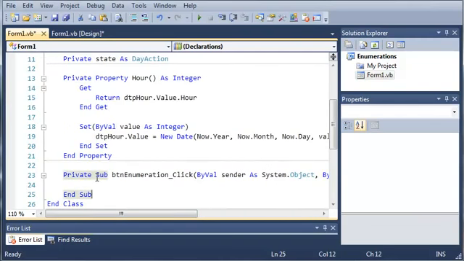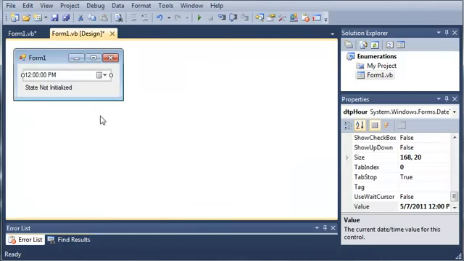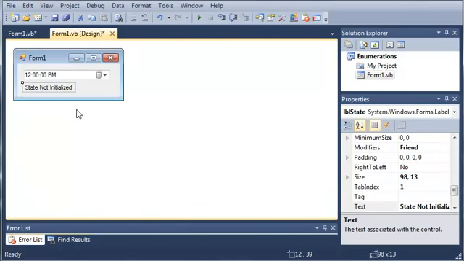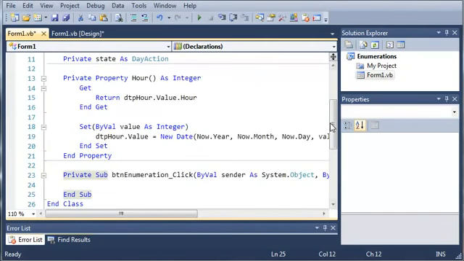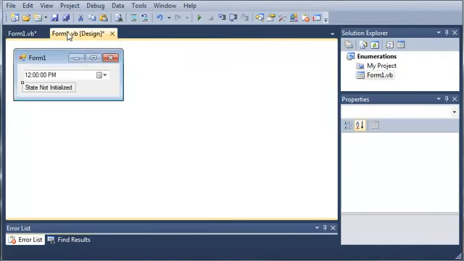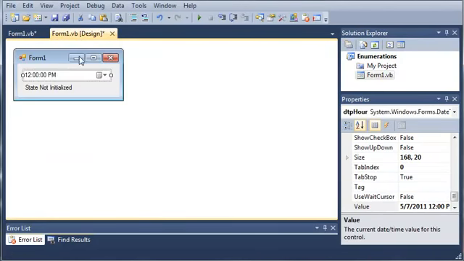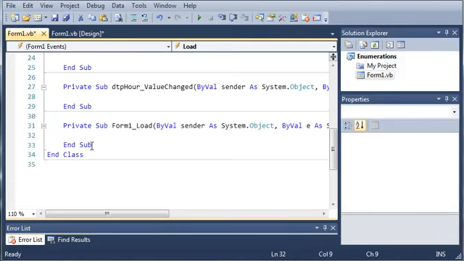So now let's go ahead, and what we want to do is we want to change this text label based on what the person is doing. So before we get started doing that, we need to go ahead and create two events. Double click on your form 1 and double click on DTP hour. So we're going to get private sub DTP hour value changed, and we're going to get form 1 load. So when the form 1 loads, we want to set our date time picker to the current time that the program is running. So what we'll do is we'll just go ahead and type